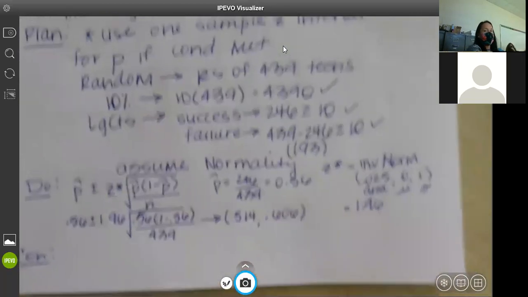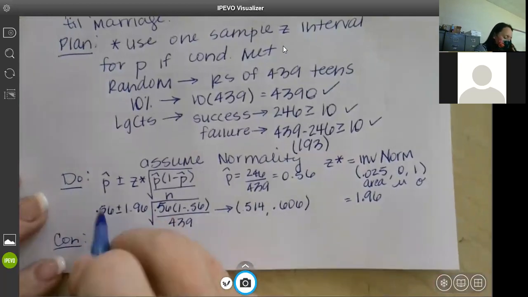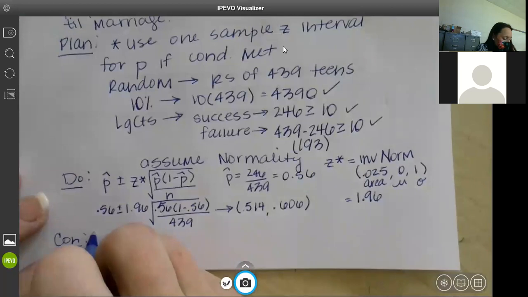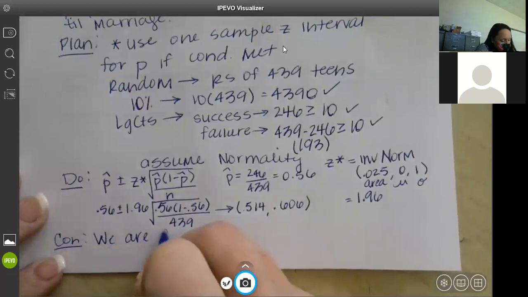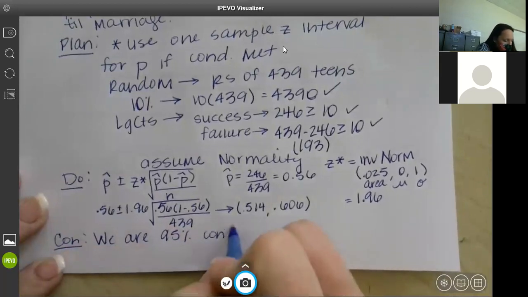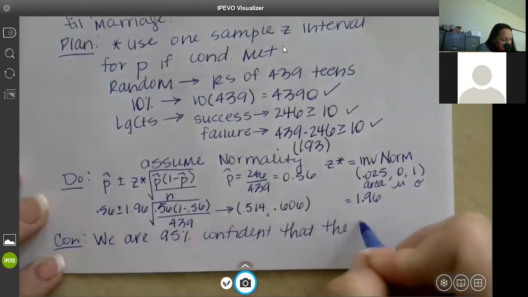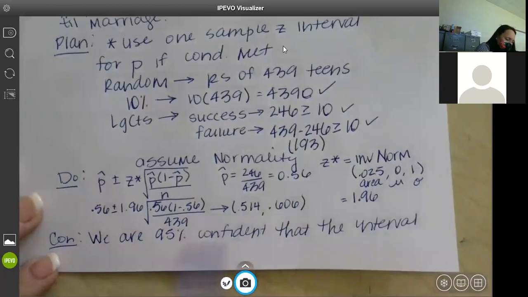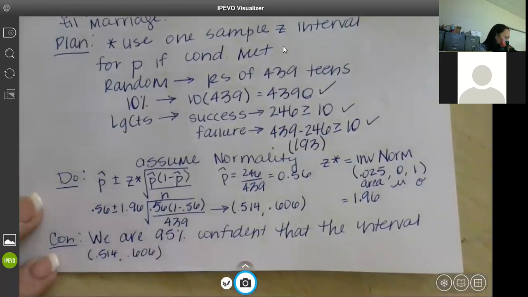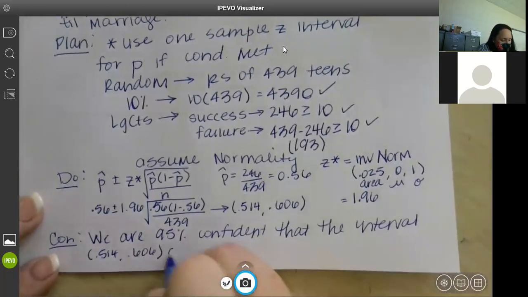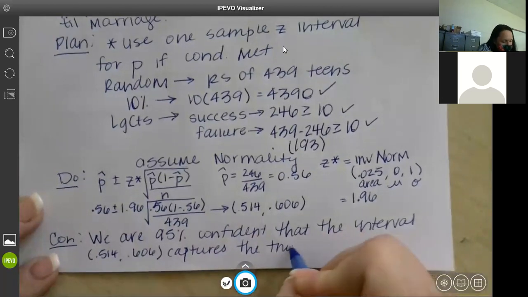Conclude is the interpretation of that interval. How do we start that? We are 95% confident that the interval, and then make sure you state your interval, 0.514 to 0.606, does what? Captures the true what? Proportion